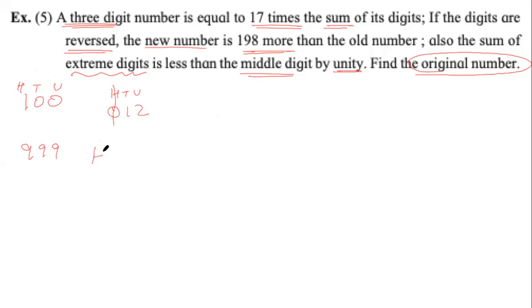So to get the smallest 3-digit number, we try to use as many zeros as possible. And we have to do it from the right hand side. So 0, 0. If I put a 0 at 100 place also, then the number will be 0. I can't have it. So the next smallest number is 1. 100 is the smallest number. To make the biggest number, I will put 9.